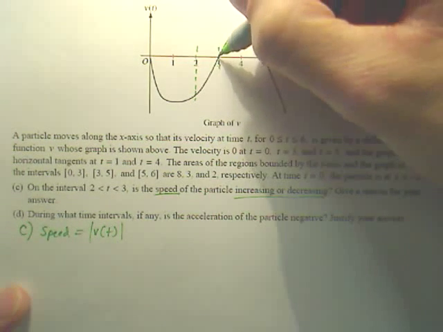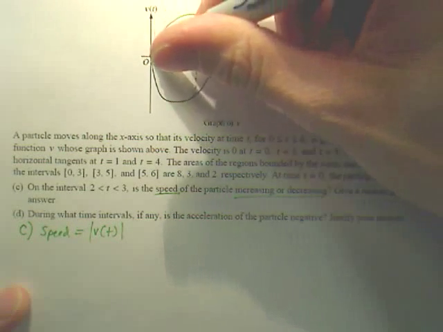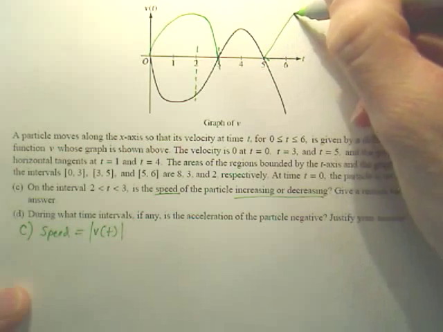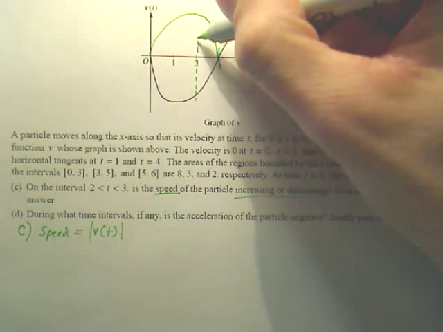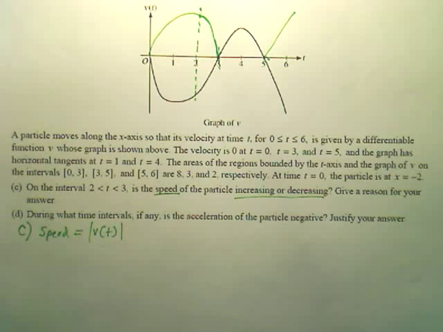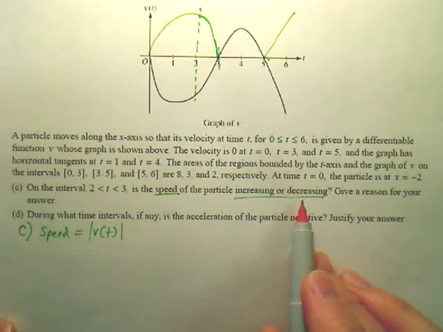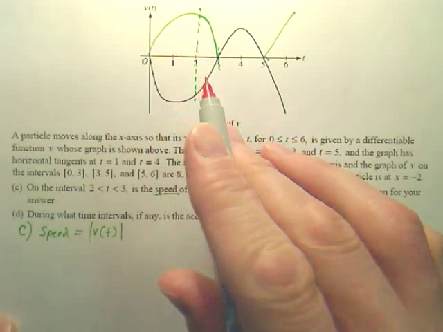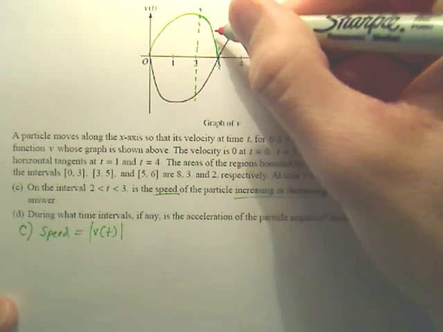So if it's the absolute value of velocity, what that means is this graph, oh, that's a terrible picture, is going to flip upside down. So this green line is now my speed. That green line is my speed, horribly drawn. And if I want to know if that speed is increasing or decreasing, you look at this graph and just think, is it negative slope or positive slope? So for this particular graph,